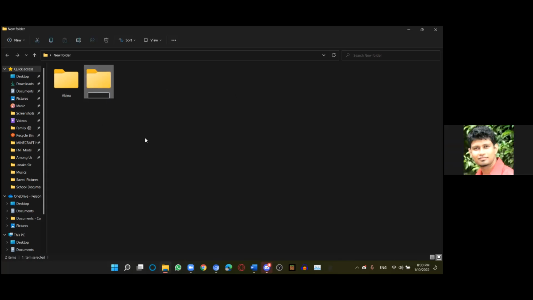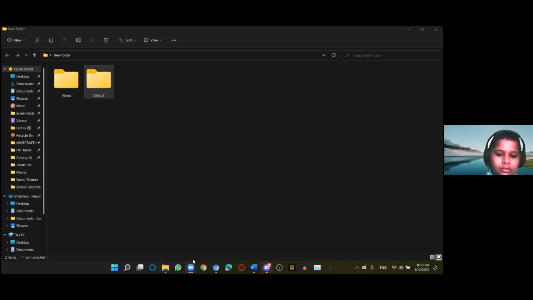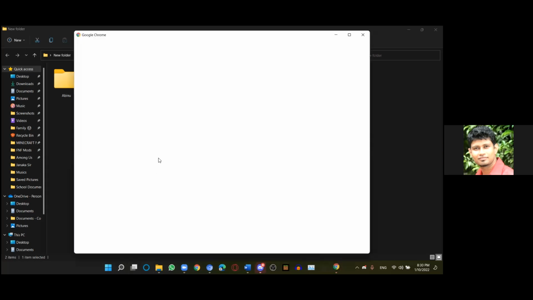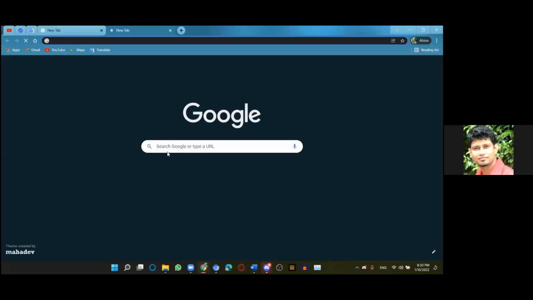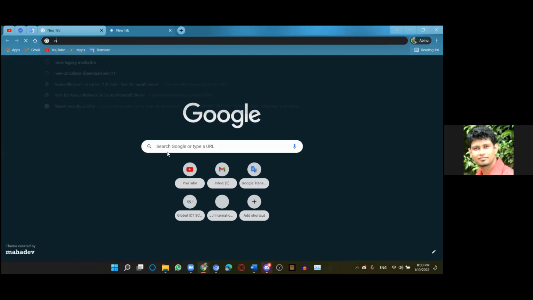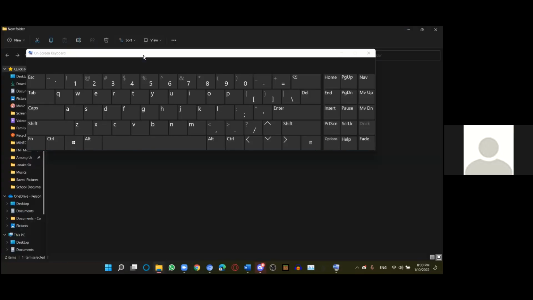So, Abhinu, do you have a number pad on your computer? No, sir. So, can you take the on-screen keyboard, please? Don't search, just get the on-screen keyboard. Minimize this. Search for on-screen keyboard. Yes, I got it.